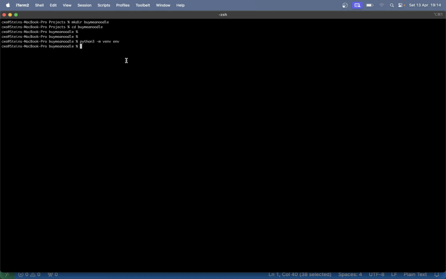Then in this virtual environment, it's much easier to install Python packages like Django, so you can have the same version of Django locally as on the server. Now that this is created, you can see that we have this folder together with this file. So let's activate the environment by saying source env/bin/activate. And you can see here that the name of the environment is there, which means that now it's active, and